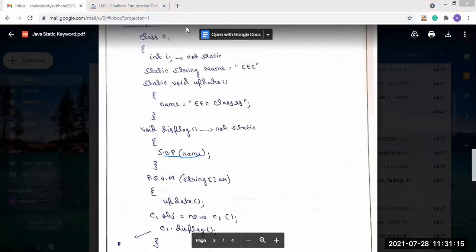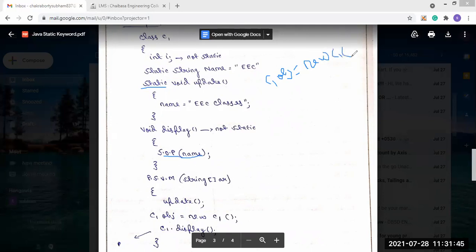Update is the static method. If it is not static, then we have to create an object. Let's say the name of the class is C1. So C1 obj equal to new C1.